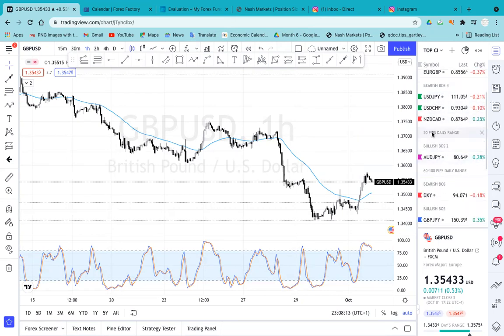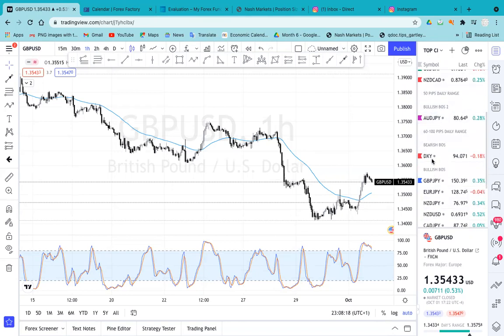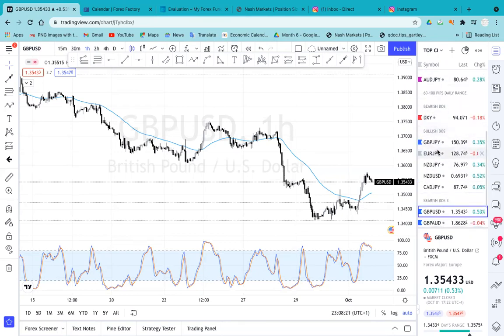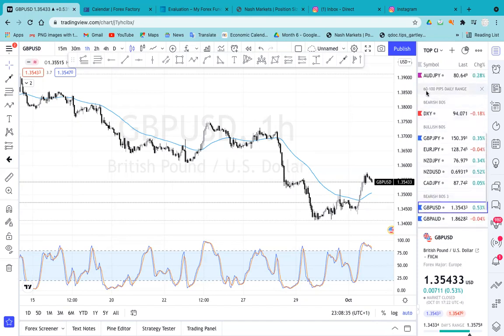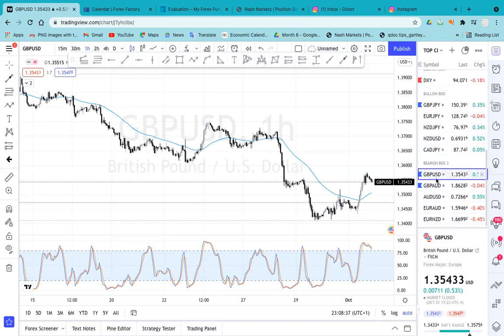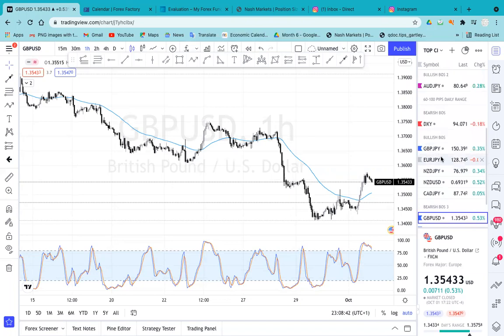Once I'm here on the 50 pips daily range, I should be looking for buys. Okay, this is the XY, which is dollar index, bullish structure. Once I'm in this market, I should be looking for buys, right? Then bearish structure. Once I'm in this market, I should be looking for sales. Now this is 60 pips to 100 pips daily range. So especially the GBP and the JPY pairs, if I'm looking for 60 pips, I know where to